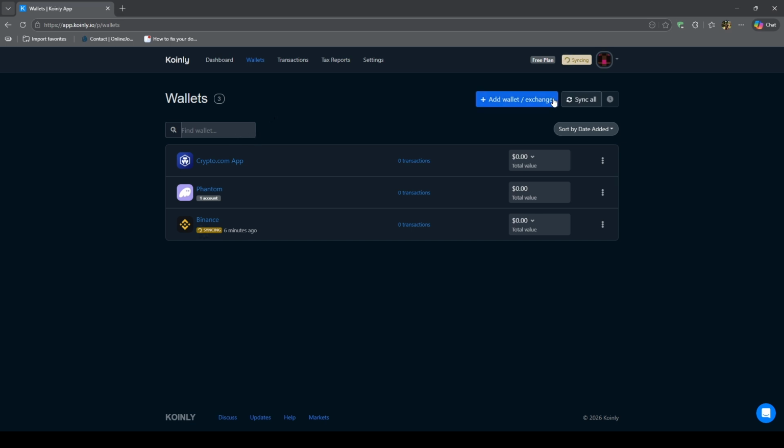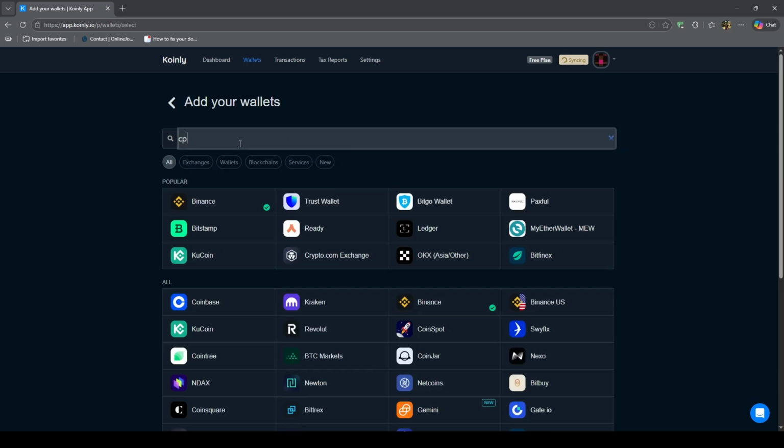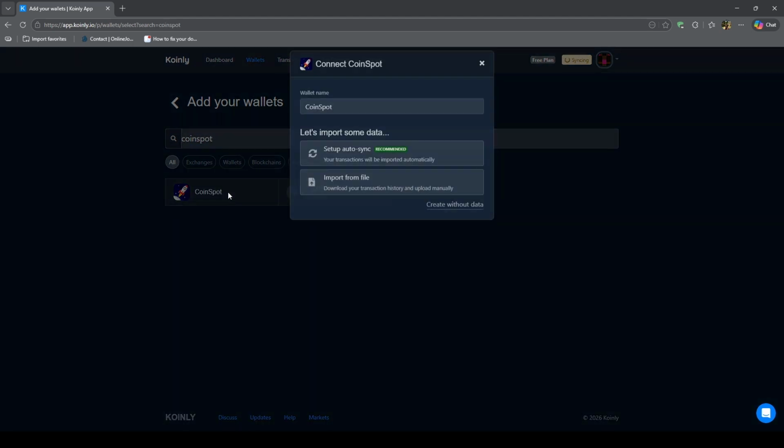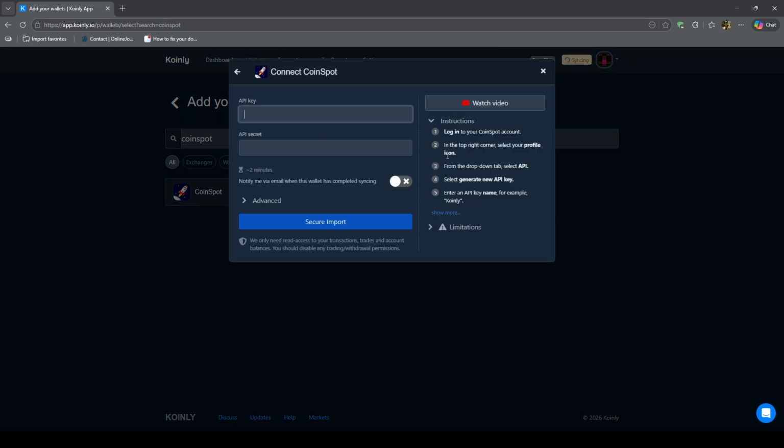Koinly's official CoinSpot integration page says you can import your CoinSpot data using either an API connection or CSV files. And CoinSpot's own tax page also confirms those are the two common ways to bring your transaction history into tax software. If you want the faster option, create a CoinSpot API key with read-only access, then paste that API information